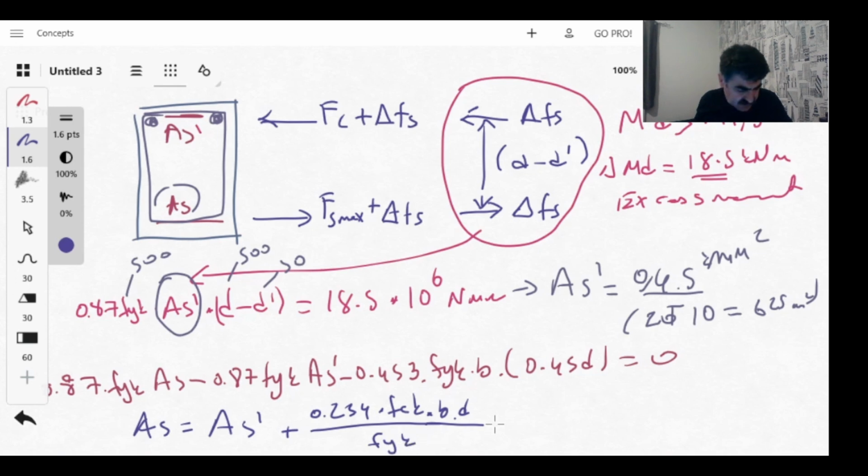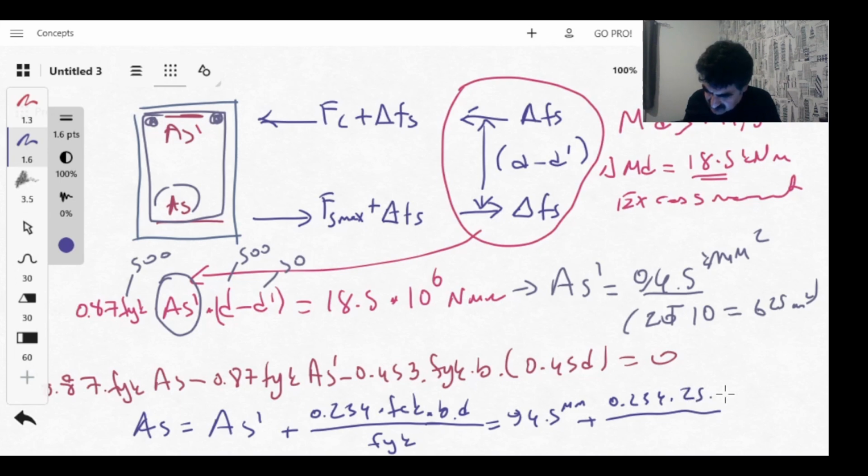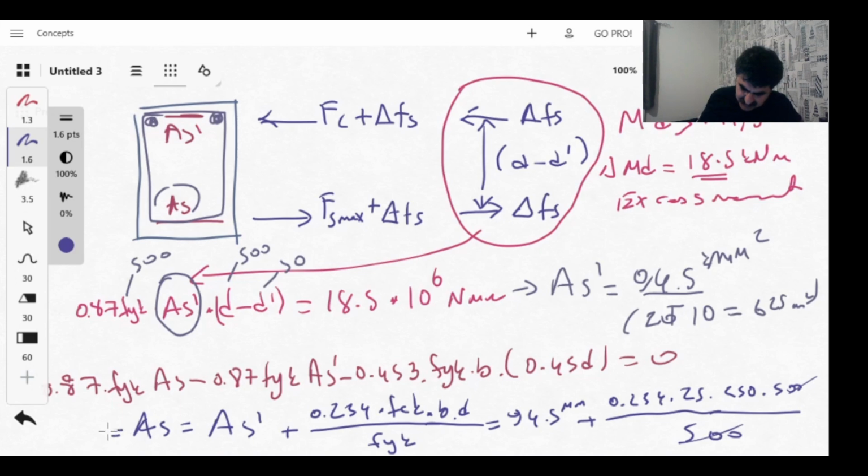So this is equal to 94.5 millimeters squared as AS', and 0.234 multiplied by fck is 25, 250 multiplied by 500 divided by fyk 500, and then we can simplify this. So AS will be calculated as